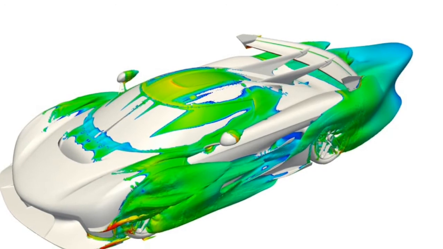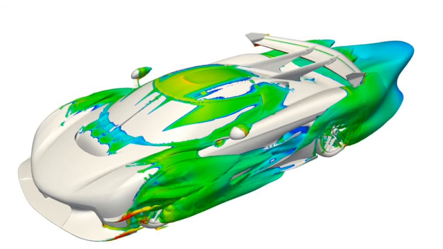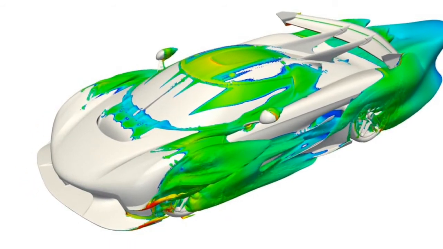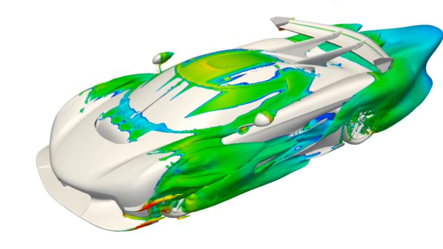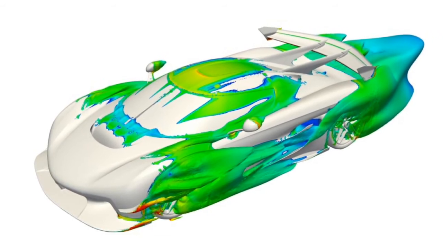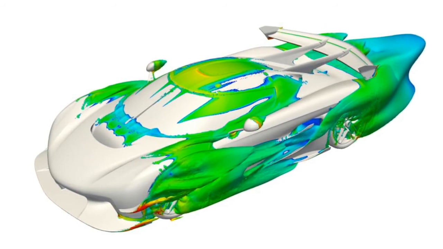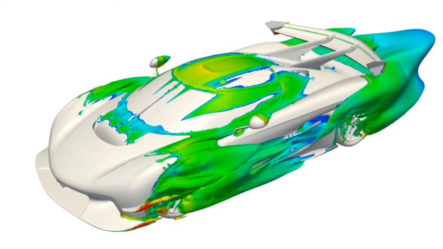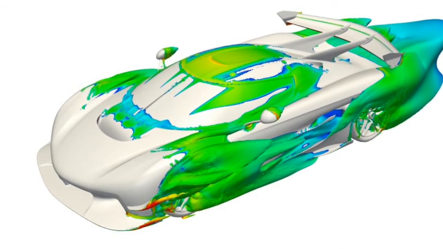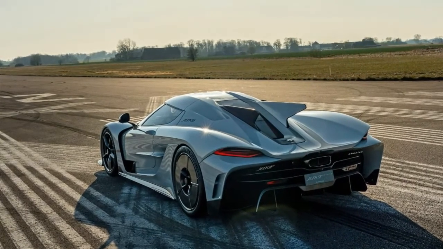In this figure, those low pressure regions are shown here. You can see the low pressure region is created at the front wheel side, in the roof as well as the rear. Aerodynamic aids such as rear wings, front wings, spoilers, splitters, and diffusers are fixed onto the vehicle for reducing this bad effect of low pressure regions. So the diffuser will actually reduce these effects. I'll be talking about the aerodynamic aids in the next video.